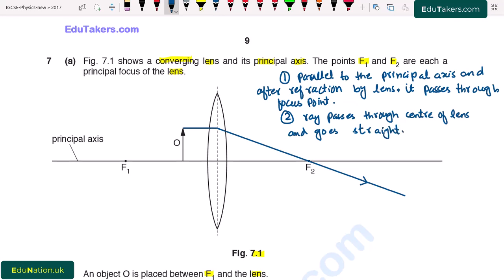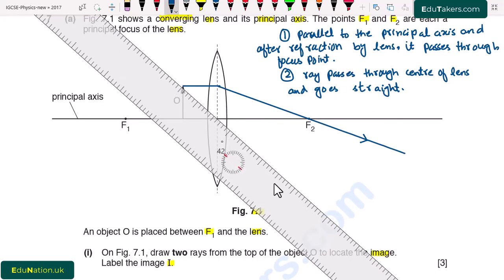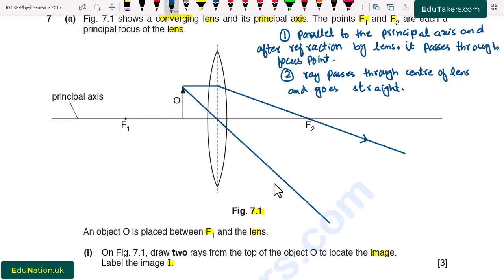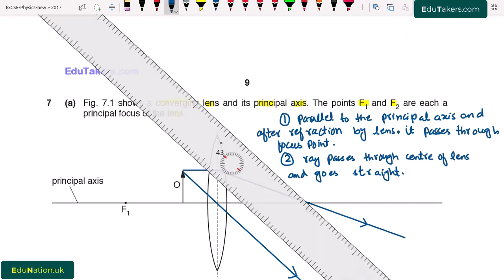Now I am going to draw the second ray. So it's the second ray. We can see that both of these rays diverge. They do not focus at a single point. So I extend them in the backward direction and find the point where the image is formed. So, extending them in the backward direction,